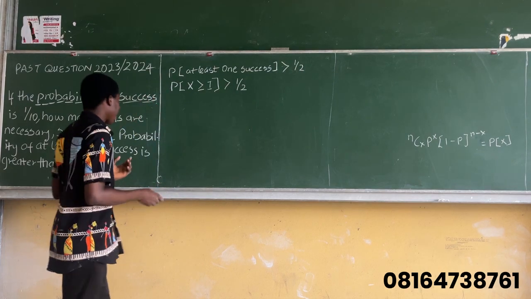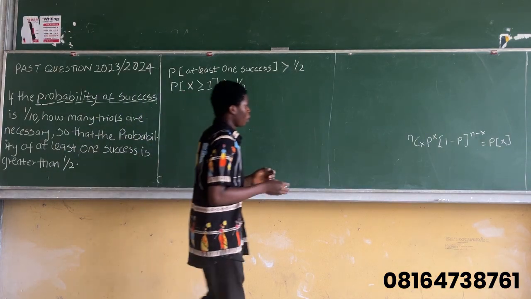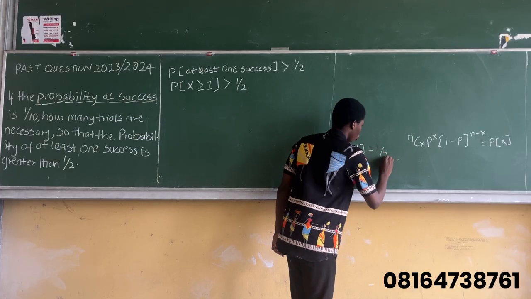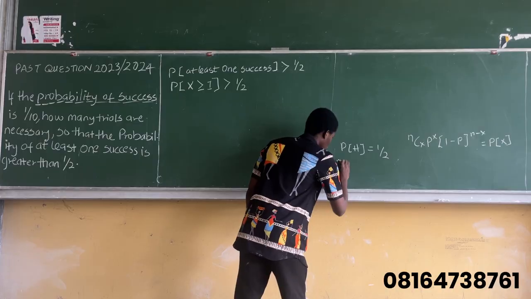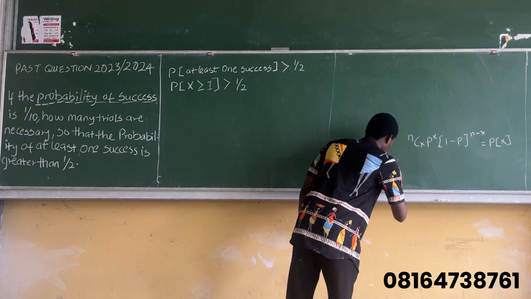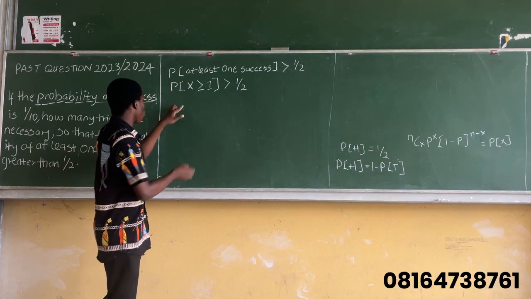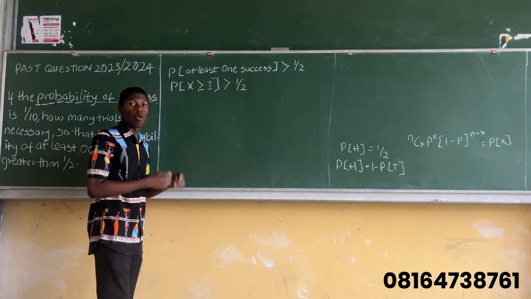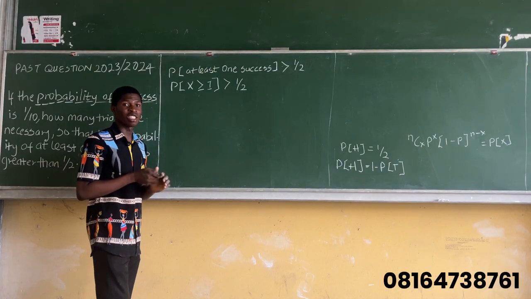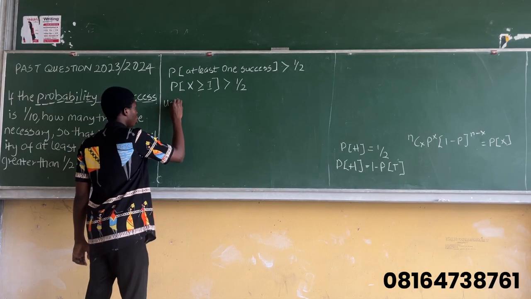So now, if they say at least one success, we use the complement law, whereby instead of saying the probability of head is equal to 1 over 2, you can say the probability of head is equal to 1 minus the probability of tail. So for this equation, instead of the probability of at least one success, we can say 1 minus the probability of no success, which is x equals 0. That is the number of successes. We don't want any success. So using the complement law,